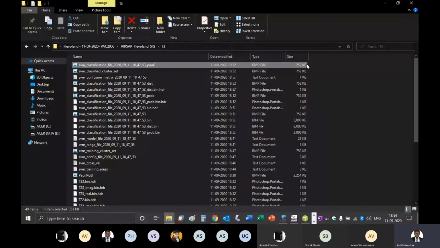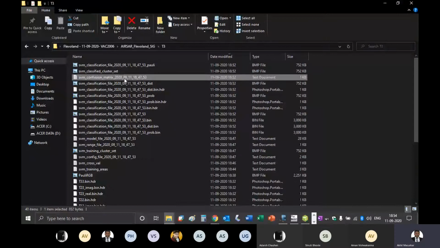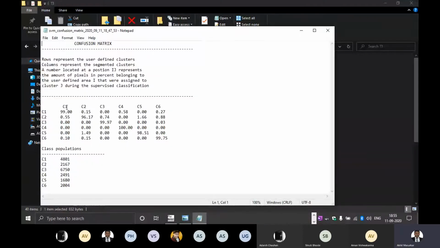Now you should open this file, that is svm_confusion_matrix. If you open this file, you can see the classification accuracies. See the diagonal elements of this matrix. You can see that class 1 is correctly classified as class 1 with the accuracy of 99%.